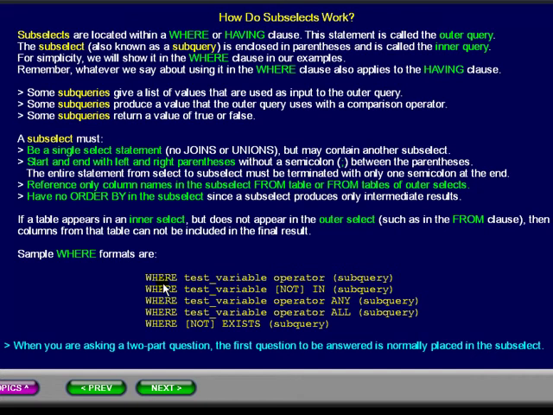Sample where formats are: where test variable comparison operator subquery, optionally not in subquery, comparison operator any subquery, comparison operator all subquery, or where optionally not exists subquery. When you are asking a two-part question, the first question to be answered is normally placed in the subselect. For sample statements, executable examples, and the results returned of the many different types of subselects, see